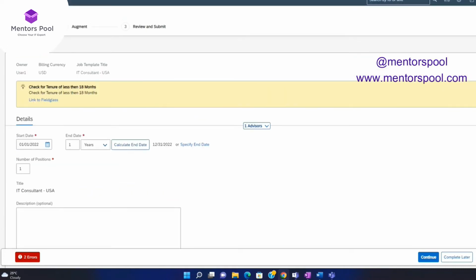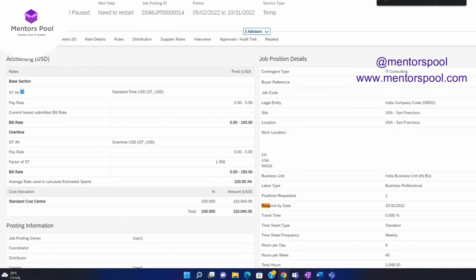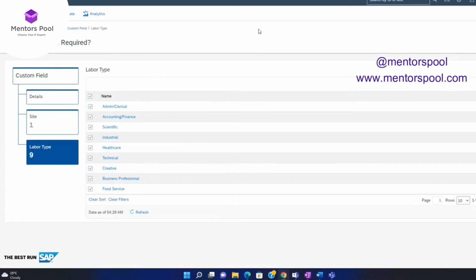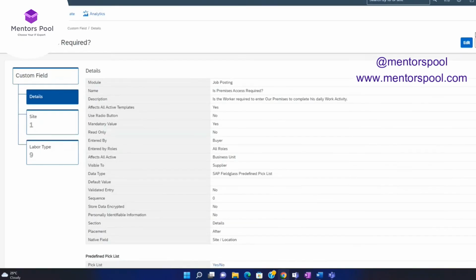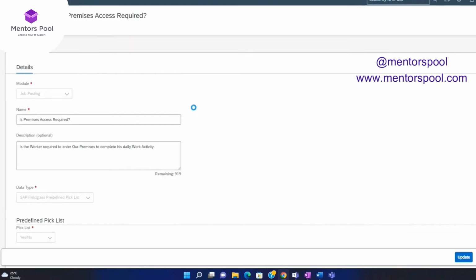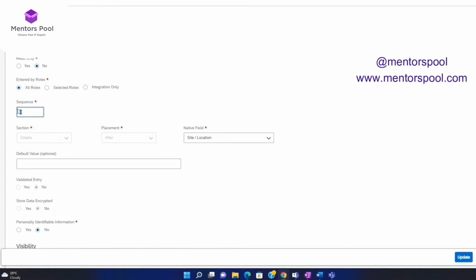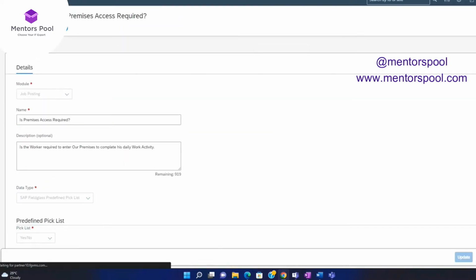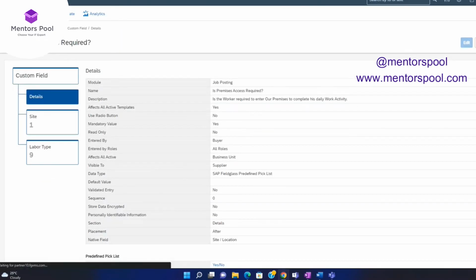Okay, then coming back to the query that we have in hand about placement of custom fields, let me quickly check if I can edit the placement. Right, so this is the sequence. I have said I want it at the site location and other things. So let me quickly create a new custom field and let's place it after the